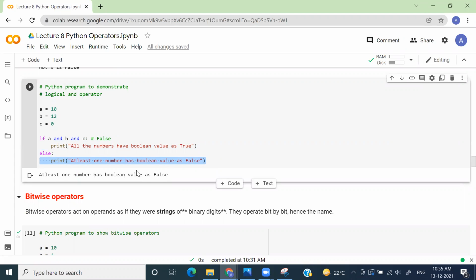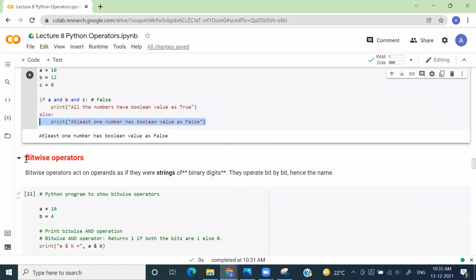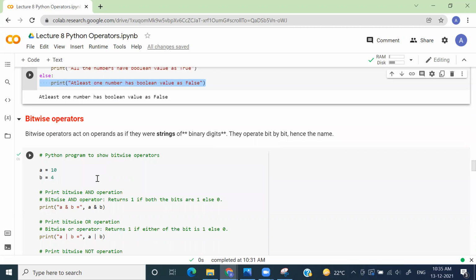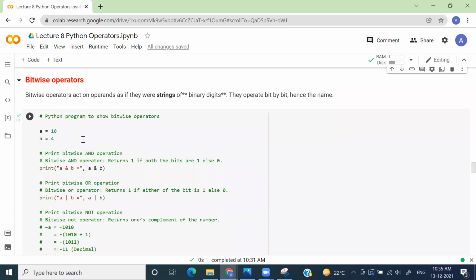Yes. Okay, cool. The next operator is the bitwise operator, and this bitwise operator is something which we use mainly for binary operands. When I say binary, it basically means a sequence of zeros and ones. Let's take an example here.